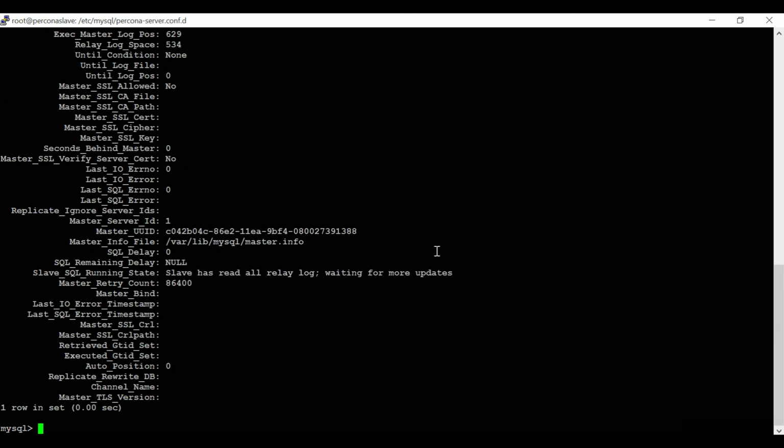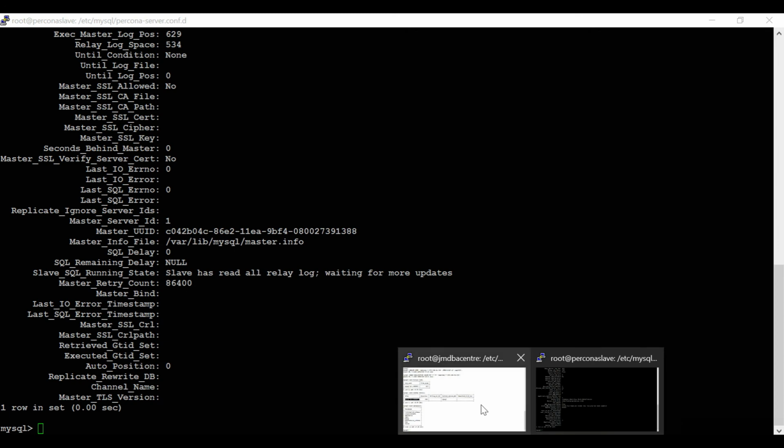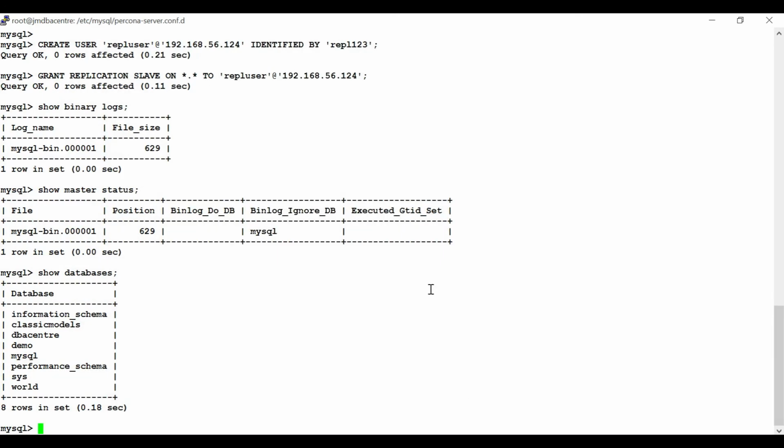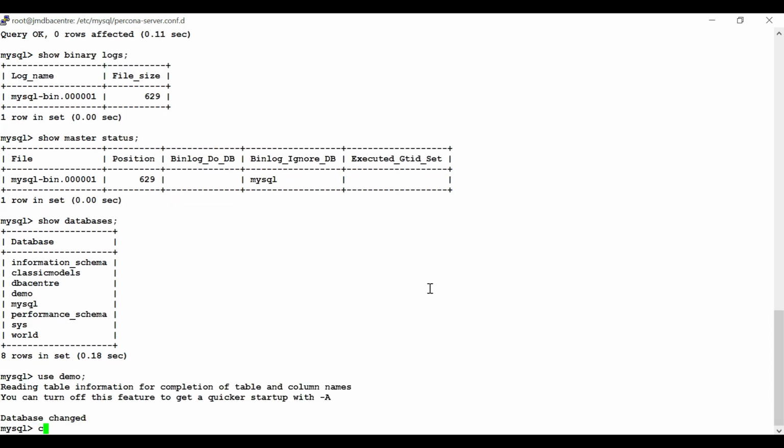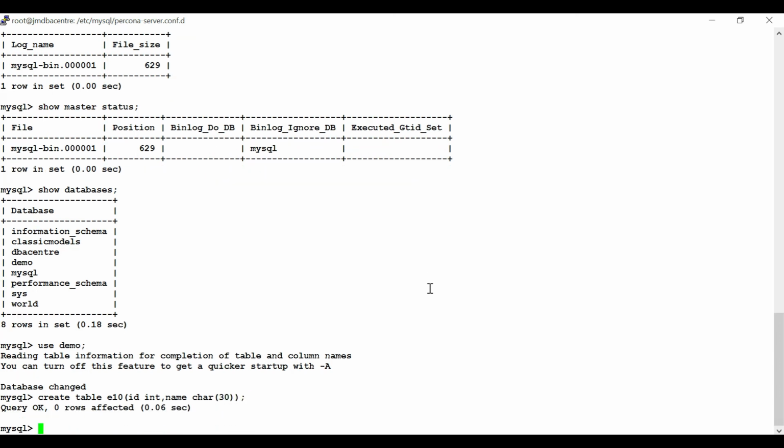If you want to test it, you can test it by creating a small table in any database. Demo. Create a table em with id and name as character.